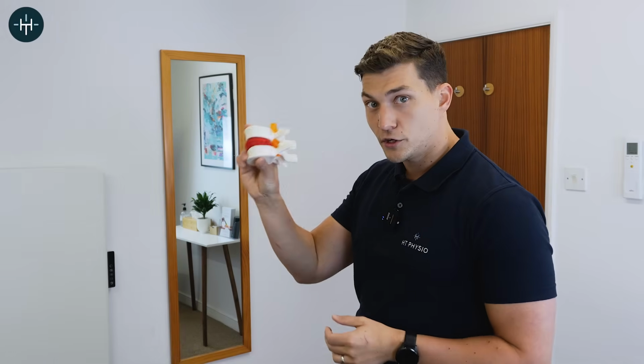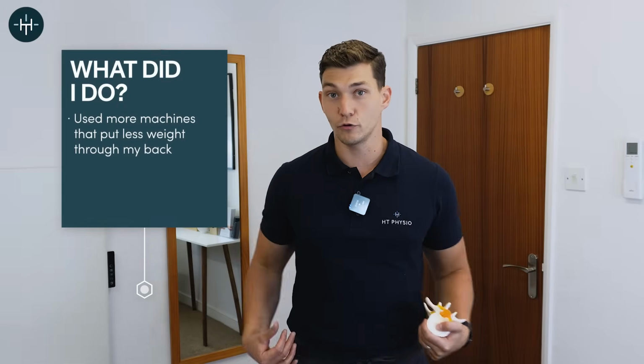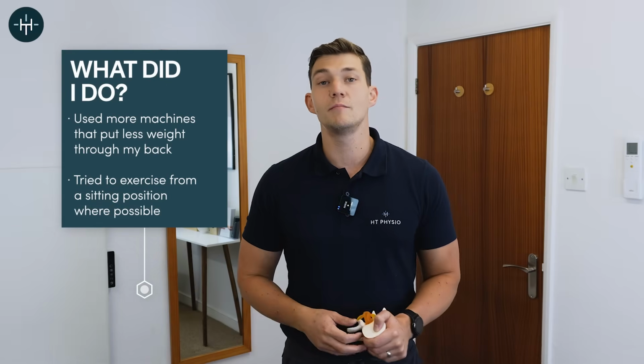But if I've got an acute disc bulge, I think that extra compression was just enough to make it slightly bulge forwards. And if I was holding the weights for a sustained period of time, I could feel that pain just ever so slowly getting worse and worse and worse. So in the end, I used more machines where I didn't have so much weight going through my back, and I used more exercises where I was in a sitting position,